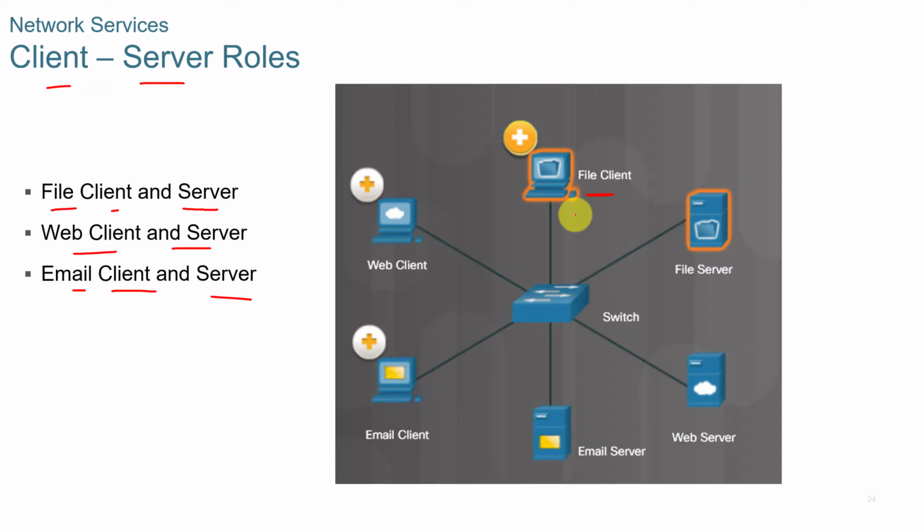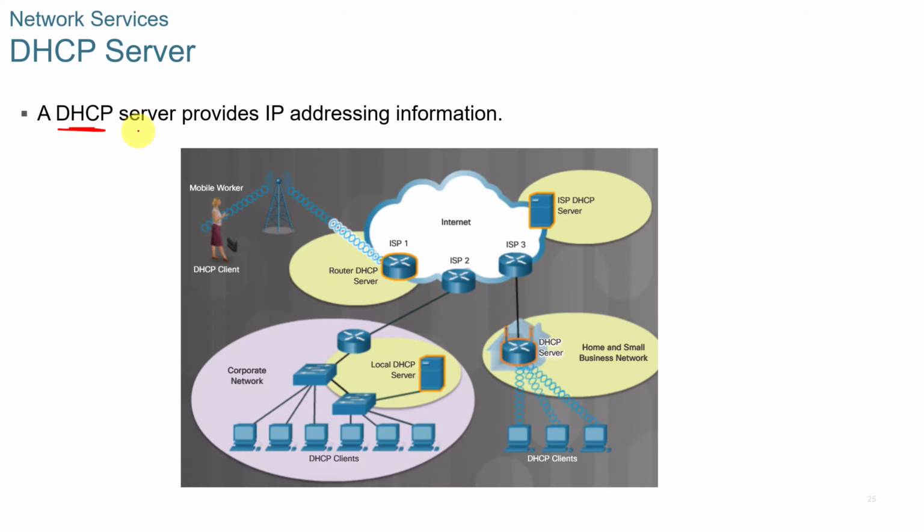So you might have a file client pulling up a web page, and so it would go through the switch and pull up the web server. So you have the server, but in networking, anytime you're providing services or providing information, you are in the server role. And when you're requesting information, you're in the client role. And then you have the more traditional clients that we think of as mobile devices or desktop devices requesting information from a server like a file server, email server, or web server. Now, DHCP, that type of service provides IP addressing information.